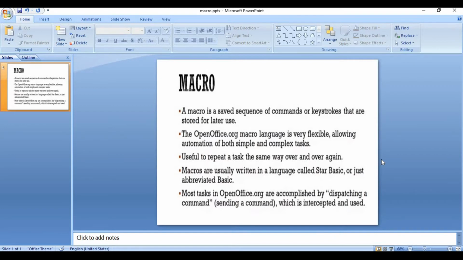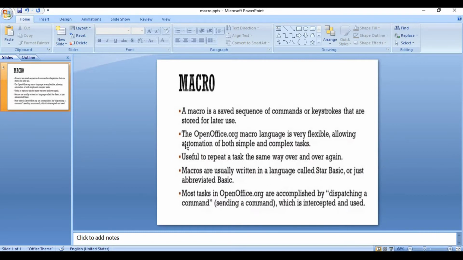A macro is used when we want to perform the same type of task again and again in a repeated manner. At that time we use the concept of macro. It means the first time you have to create the macro with some set of commands, and afterwards you have to use this macro according to your need.